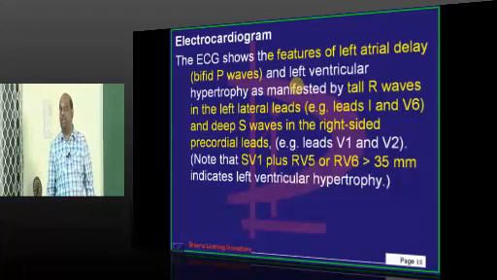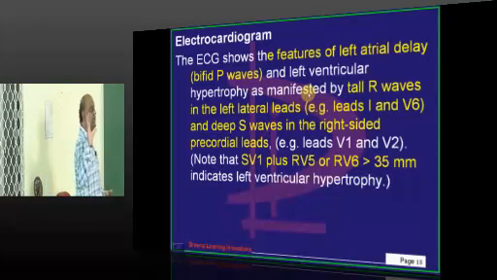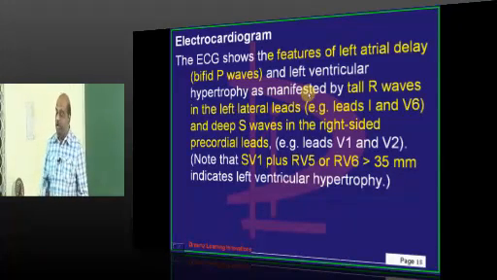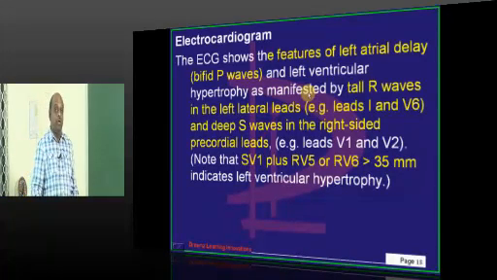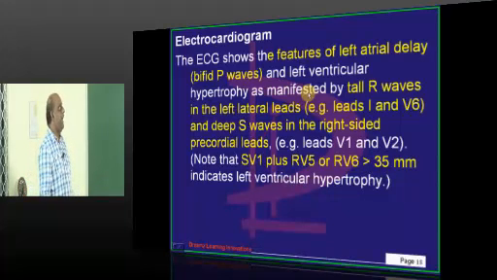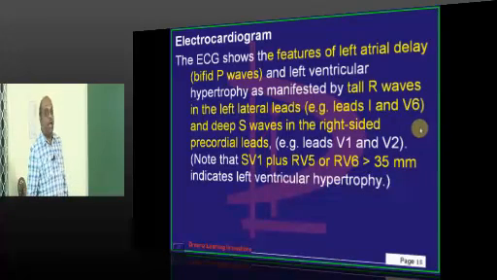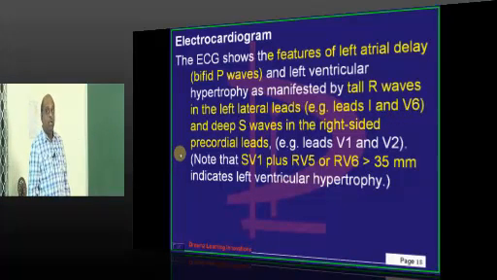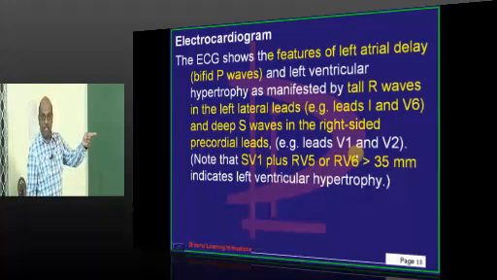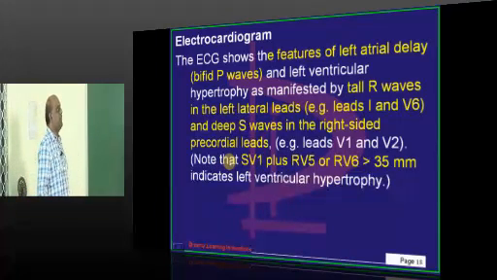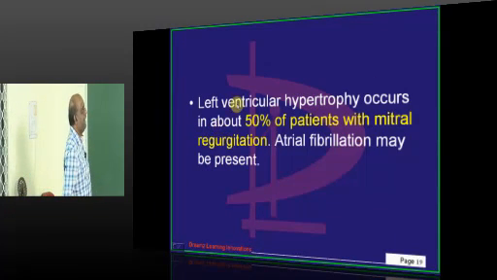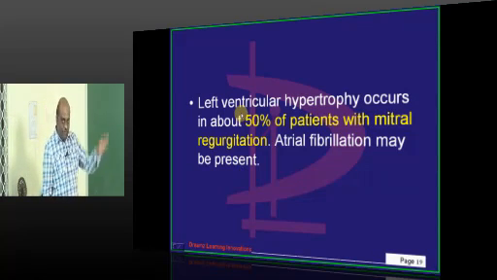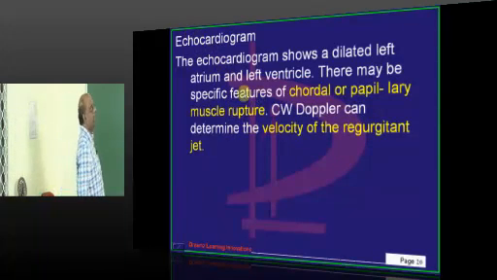Earlier, what did we discuss in mitral stenosis? In mitral stenosis, what you see is right ventricular hypertrophy due to the significant pulmonary hypertension. Whereas in the case of MR, the left ventricle fails and hence there is development of tall R waves in the left lateral leads, lead 1 and V6. Deep S waves in the right sided leads, that is leads V1 and V2. So that is what you find in left ventricular hypertrophy. About 50% of patients who have MR will develop left ventricular hypertrophy, is what you need to remember.